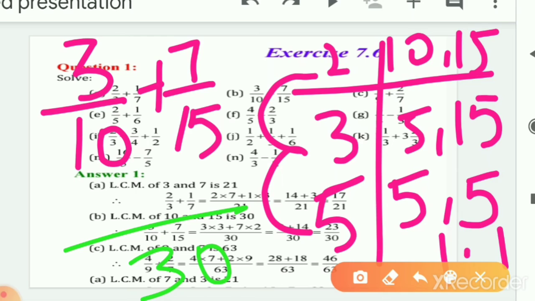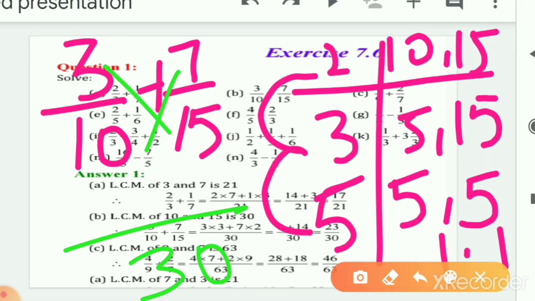Now it is better, after taking the LCM, to just cross multiply these numbers. It will be helpful for you. Cross multiply is possible only with 2 fractions. If 3 fractions are given to you, then you have to just multiply them, as I have explained to you. So let's discuss some questions with cross multiply.